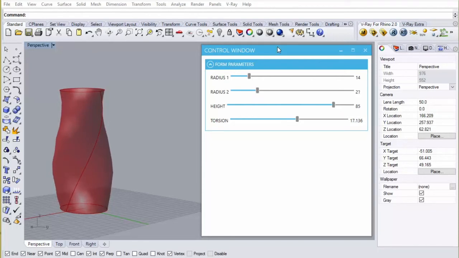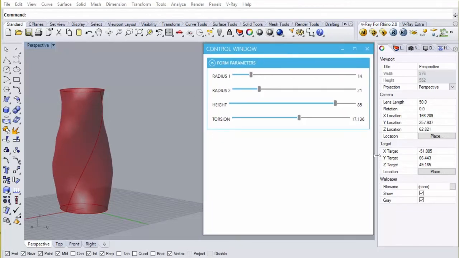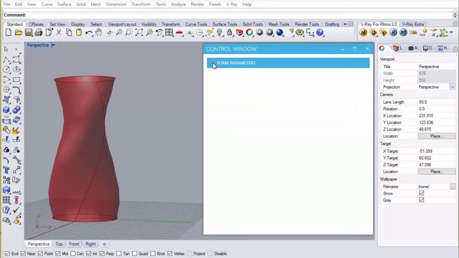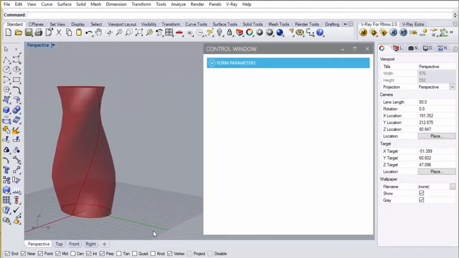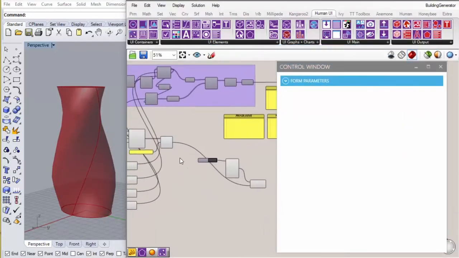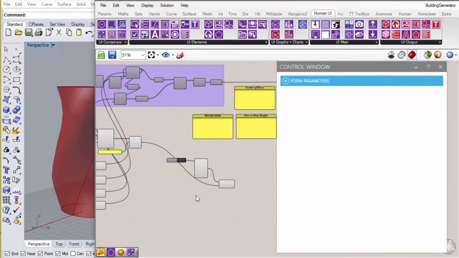Anybody can just use this very, very simple window to explore the form. And you can hide it when you want to move on to another aspect of the definition. So that's how it works in terms of inputs.